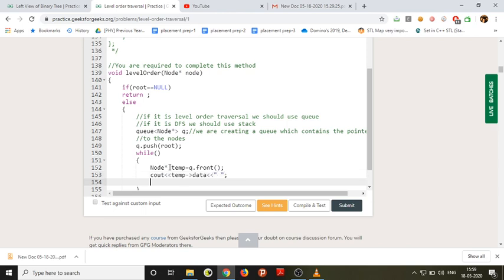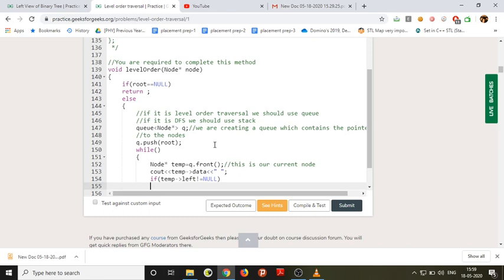Now if temp left child, the left child of our current node, this is our current node. If temp arrow left is not equal to null, then you need to push temp arrow left into the queue.